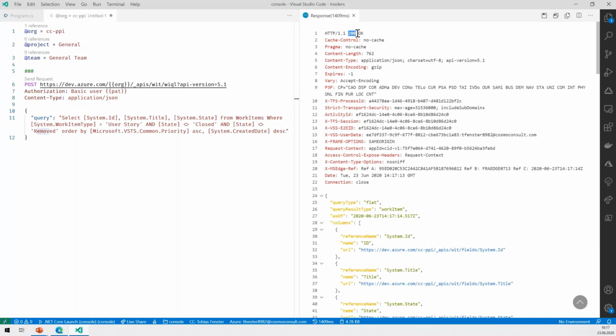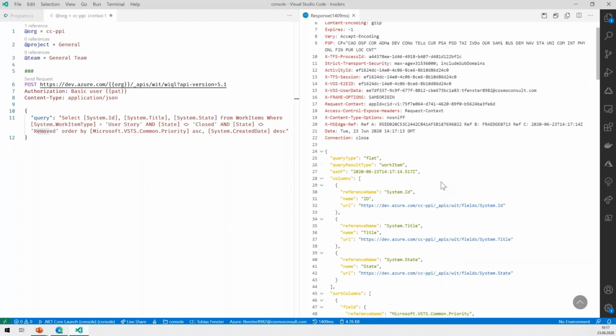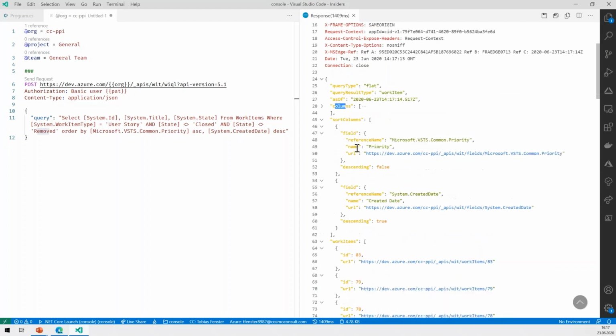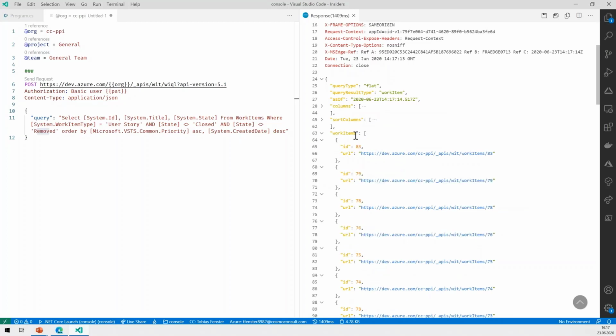The most important thing to begin with is that it's response code 200, which means it's okay. Then we get a lot of technical information, and then we get the actual query information. So we can see the columns here. I'll close that one. We can see the sort columns. I also close that one. And now we can see all the work items that have been requested. And if you remember, I said that to use the other API, we always need to use IDs.